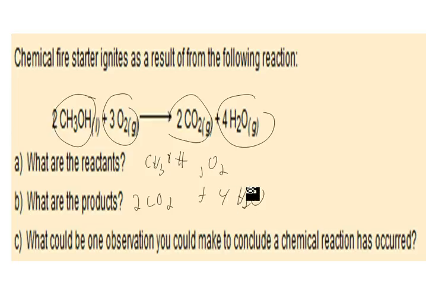How could one observe that this was a chemical reaction? Well, one observation would be a gas is being produced, CO2 gas, okay, or 2 gases are being produced. Just so you know, these subscripts mean lots, so we have 2 carbon, 6 hydrogen, 2 oxygen, and 2 more, okay, or here we have 6